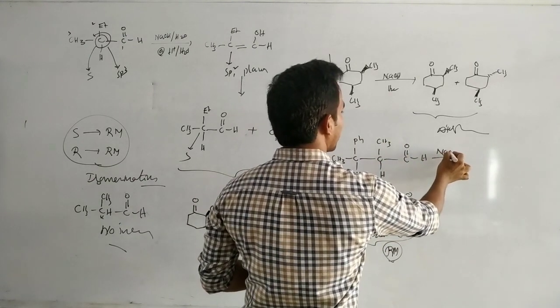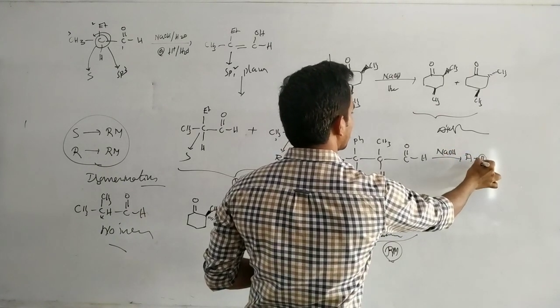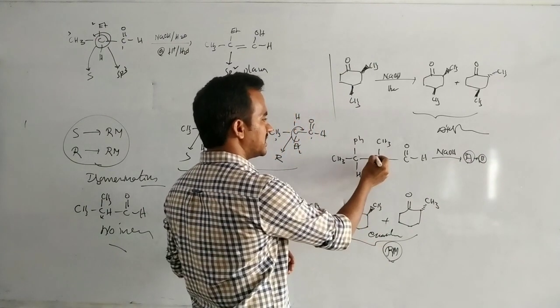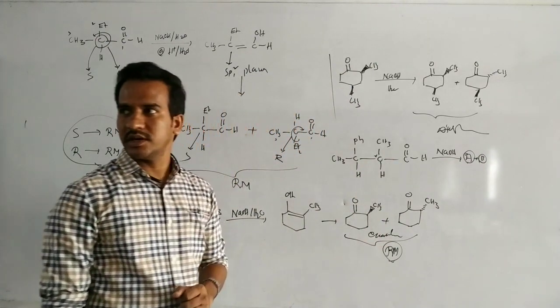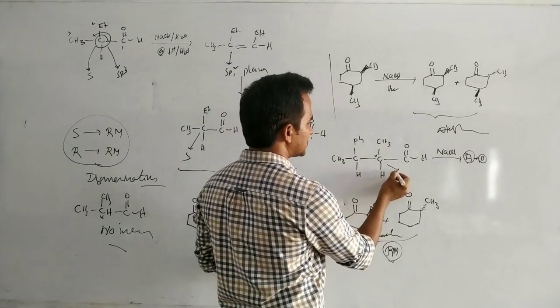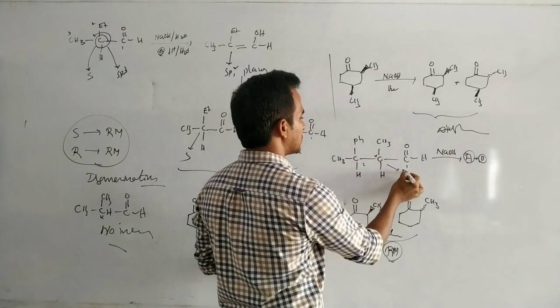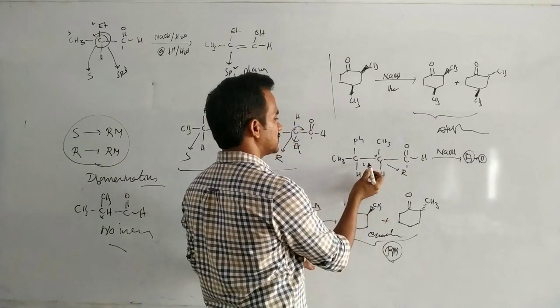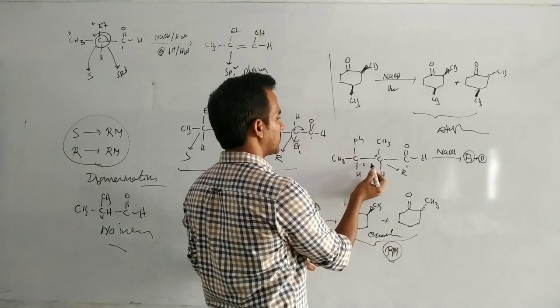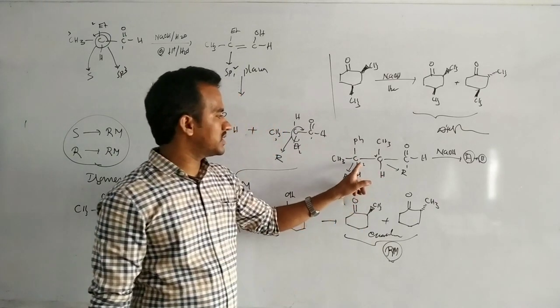Whenever it is placed in aqueous medium, what is the relation between the compounds? A plus B. Two compounds are produced because again it is a chiral carbon. Now here is a chiral carbon, configuration: first priority, second priority, third priority, 1, 2, 3. That means here R configuration. And here in this case also first priority, second priority, third priority, so R configuration.